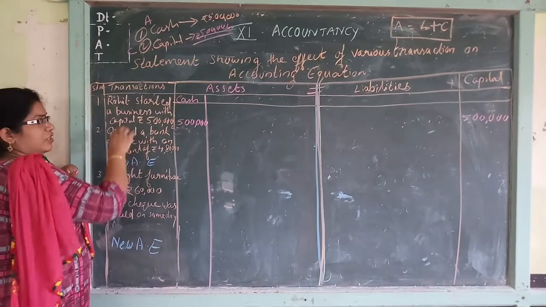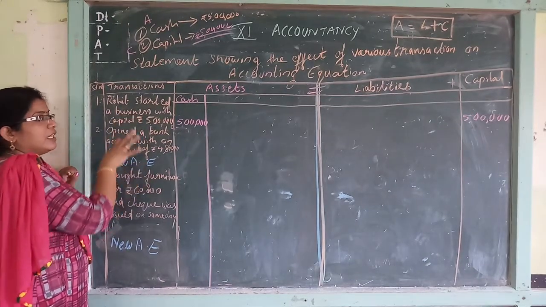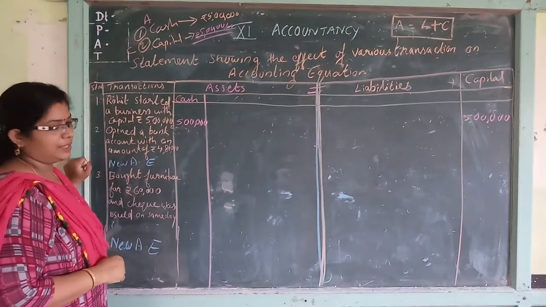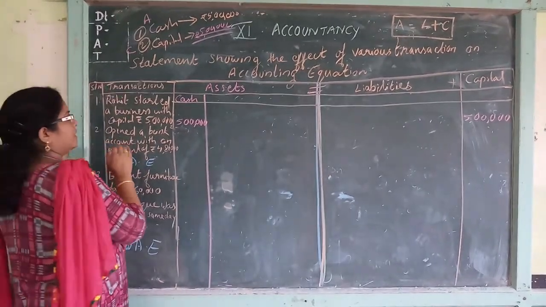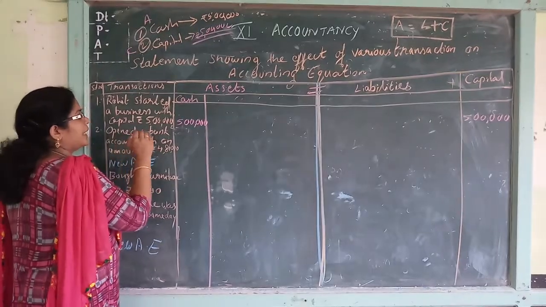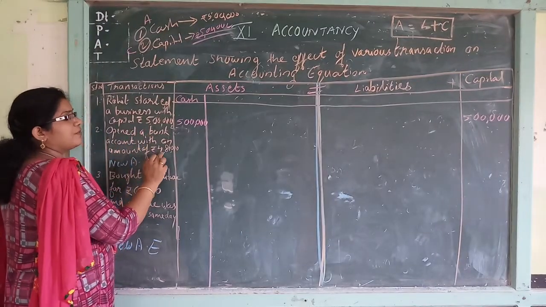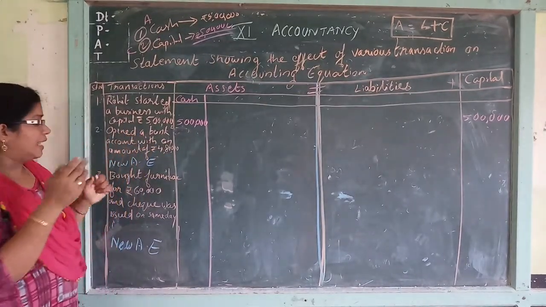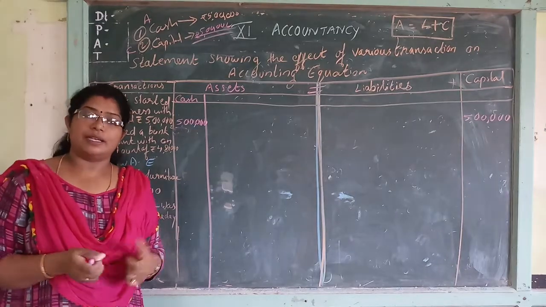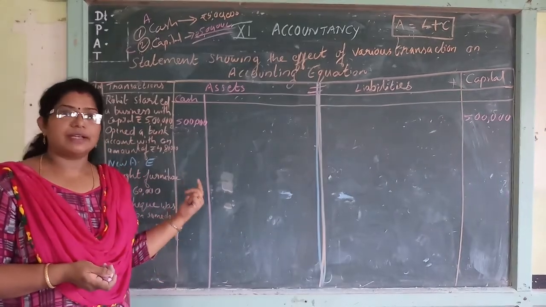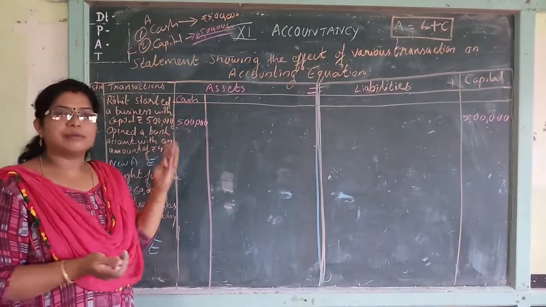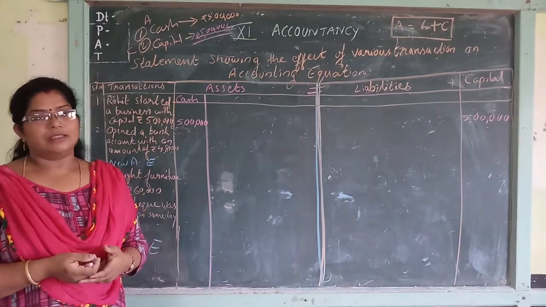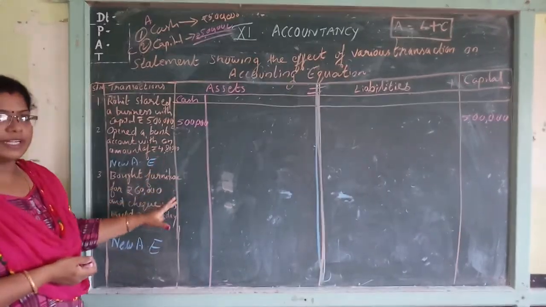Next, go to the next transaction. Always make a new equation, that is a combination of two transactions. Then you want to make a new accounting equation. So here is the next transaction: open a bank account with an amount of rupees 4,80,000. You can use any name of the bank, that is a different thing, but we are making this a total bank account, meaning our total bank balance in different banks. One account only.